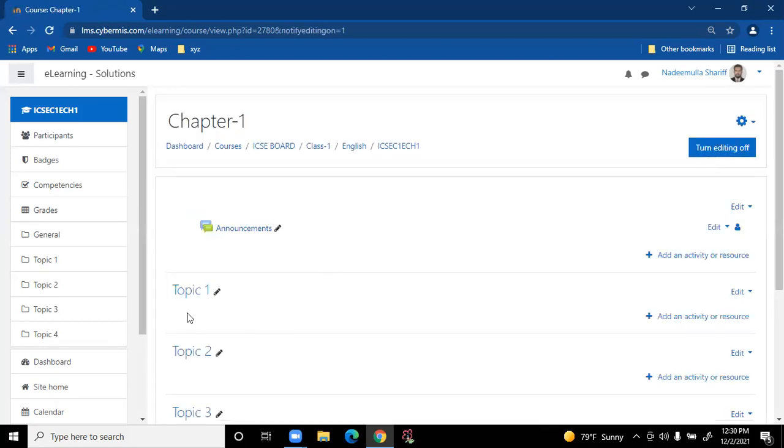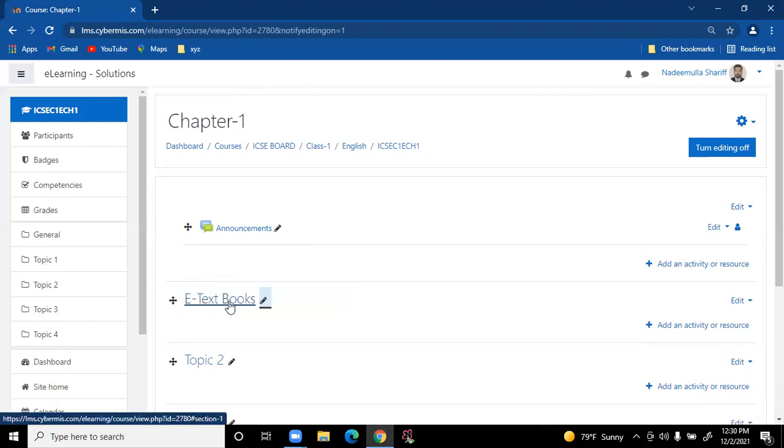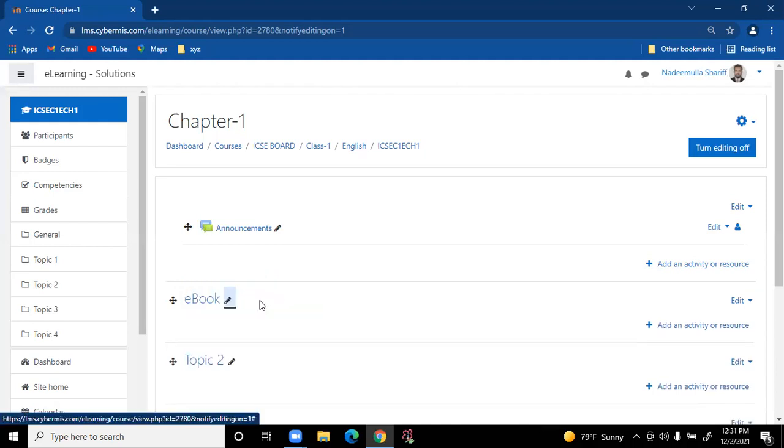So quickly you can change this topic name, rename this to textbook. Textbooks. Okay, so just here we are saying ebook. Okay, just ebook. Textbook will remain throughout. So without dash ebook, just the simple word ebook. Right. So any changes, if you do it, just press the enter key from the keyboard. That will save the changes.